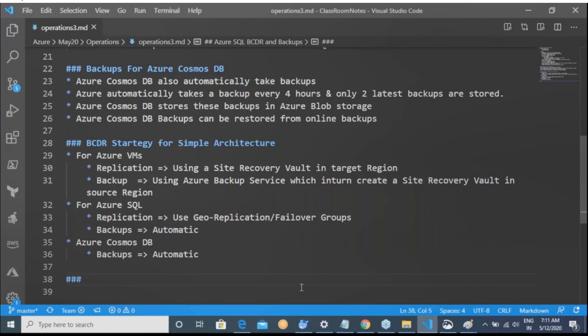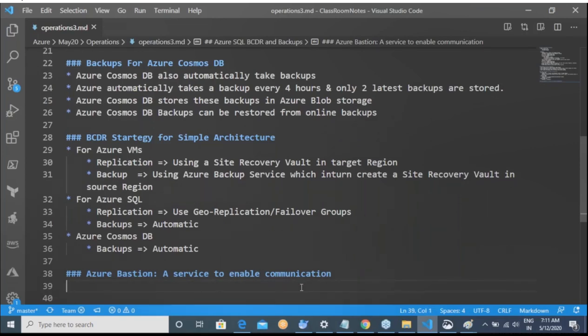We are crystal clear. Okay. So I think we will look into Azure Bastion. Remember, is there any question?